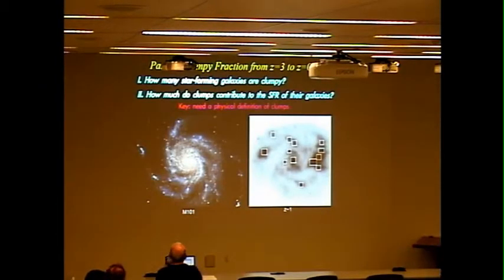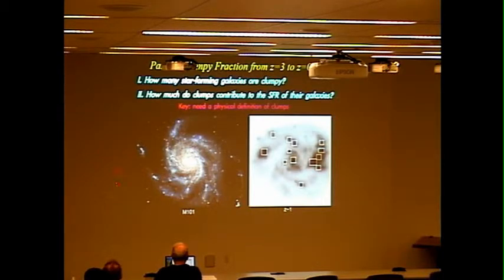But as you may know, the result of part 1 is just based on 10 galaxies. We may want to increase the sample and get a whole view of how the clump properties change from high redshift to low redshift. But